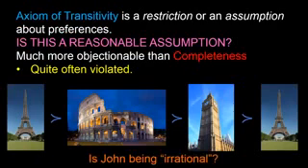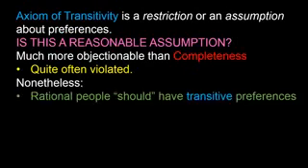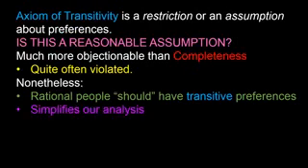Should we now conclude that John was somehow being irrational? Maybe if we confronted him with his choices, he'll get embarrassed and he'll change his mind. Maybe he'll now say that actually he would rather go to Paris than to London. But then again, maybe not. Maybe he'll give us perfectly good reasons about why he made each choice. Nonetheless, as we've stated, henceforth we'll always assume that everyone's preference is transitive. There are two good, or perhaps not so good, reasons for making this assumption. One, economists believe that rational people should have preferences that are transitive. And two, making this assumption will make our analysis of how people make choices much simpler.